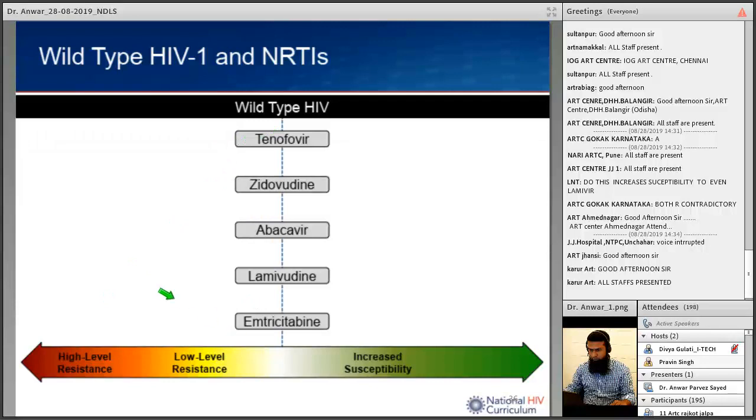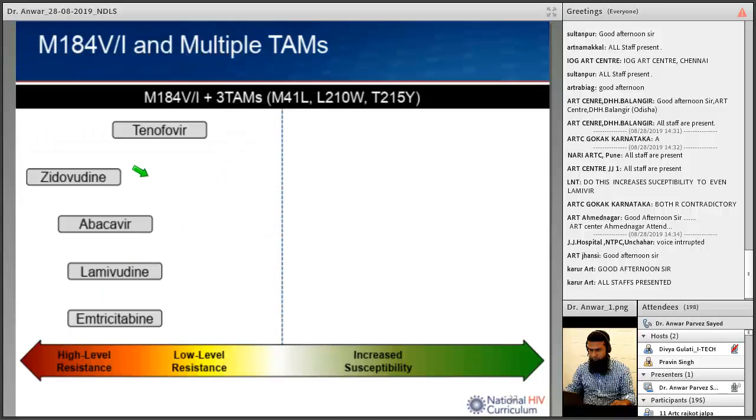thymidine analog mutations. Again, the same chart. So in presence of 184V, because these drugs are not used as a single drug, they are used in a combination, zidovudine and lamivudine. And with lamivudine, as I said, the first mutation to appear is here, and because of which lamivudine, efavirenz and emtricitabine